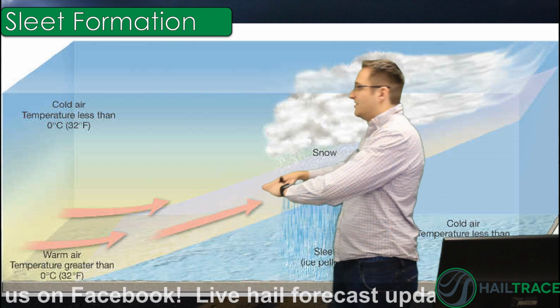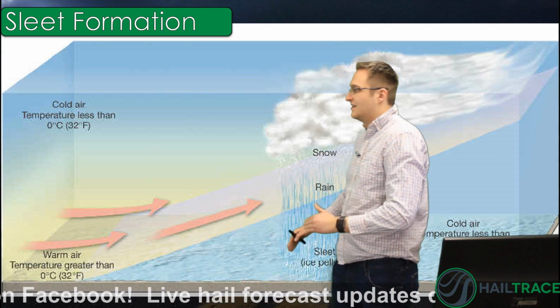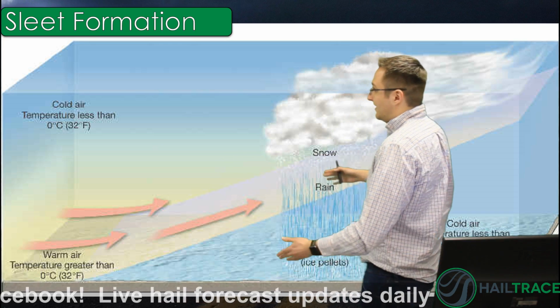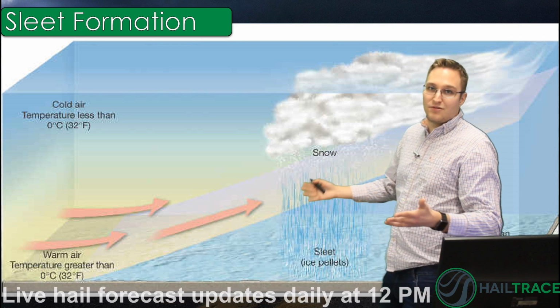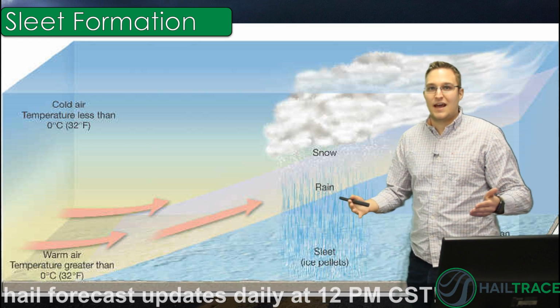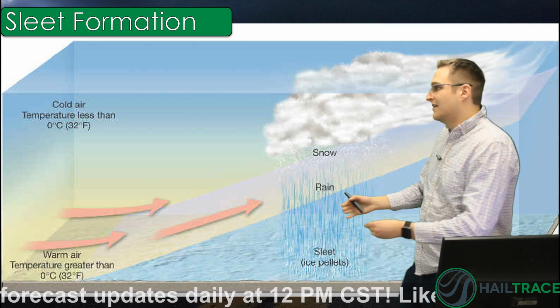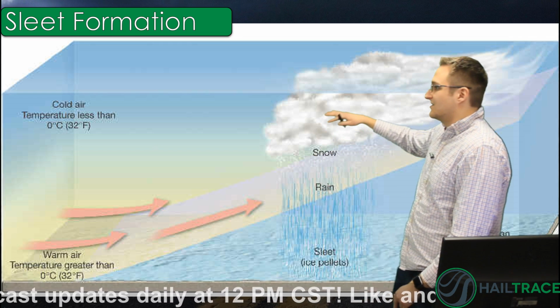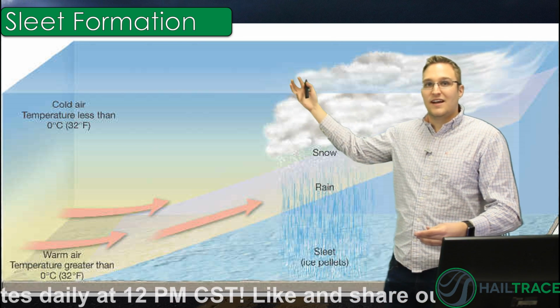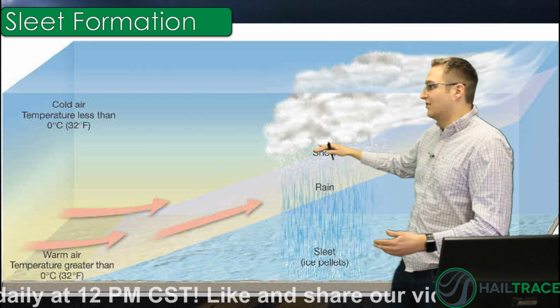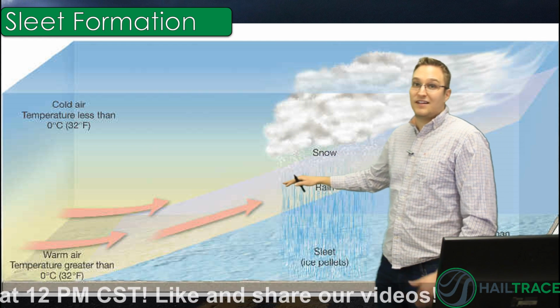So the warm air gets pushed up, the cold air comes in, and then you have lift being caused by the warm air. So for storms to form, for any sort of precipitation to happen, you need lift in the atmosphere. So you have the warm air go up, it hits cooler air higher up in the atmosphere, that forms clouds, and then it starts dropping snow because it's below freezing at this point,